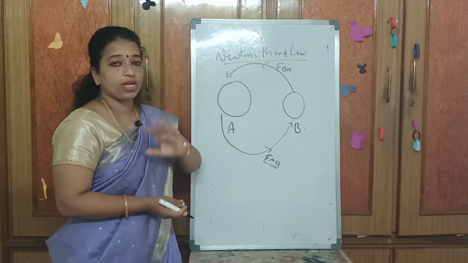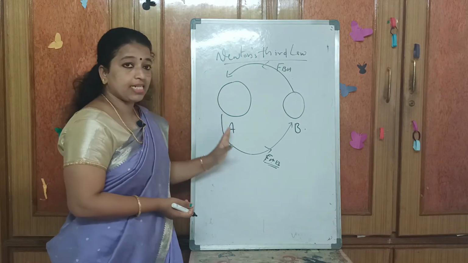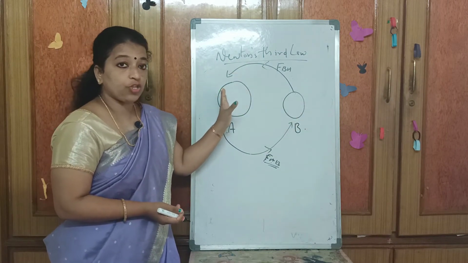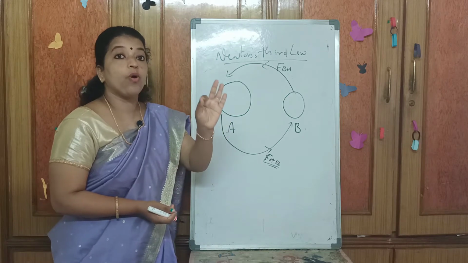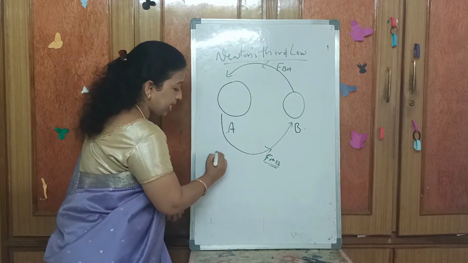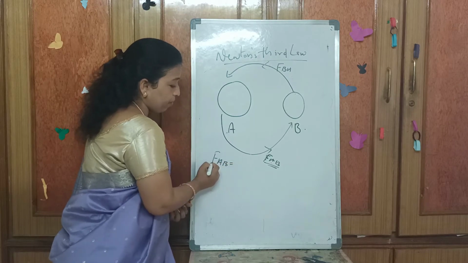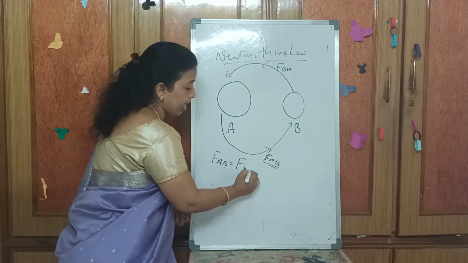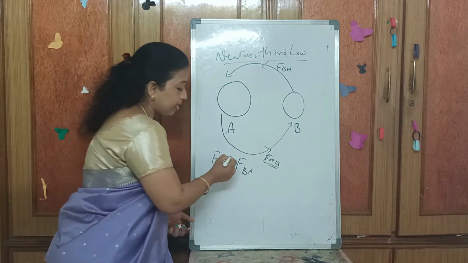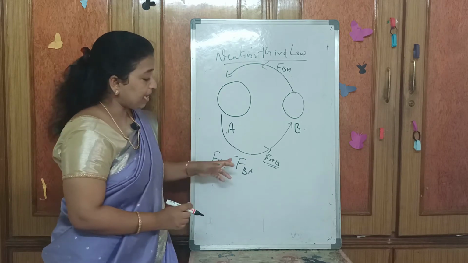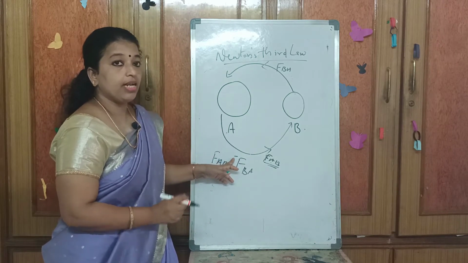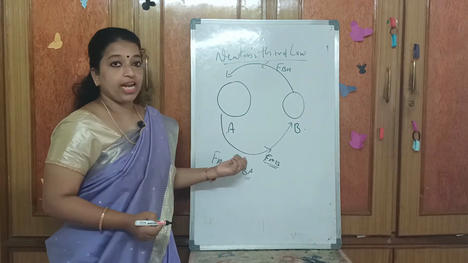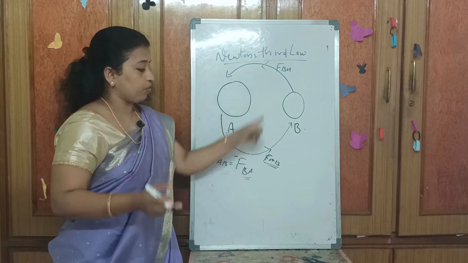So that explains Newton's third law of motion. One object is exerting some force on the other object. The other object also exerts some force on the first object with equal magnitude but opposite direction. So shall I write FAB, that is force acting on A to B, is equal to force acting on B to A? Can I write? Yes, but here is a minus sign. What does the negative sign indicate? The force is in the opposite direction. Same magnitude, but the force direction is opposite.